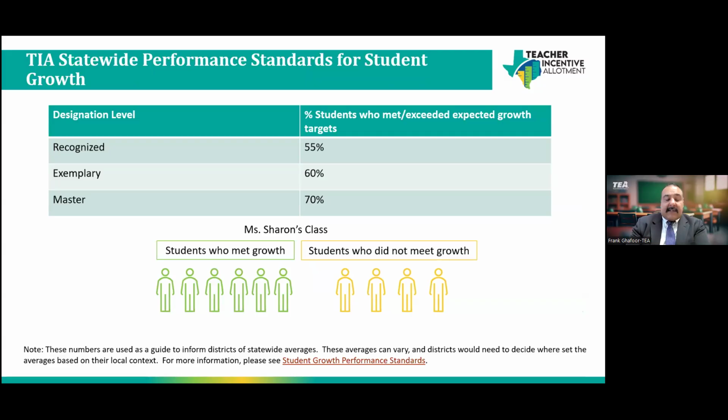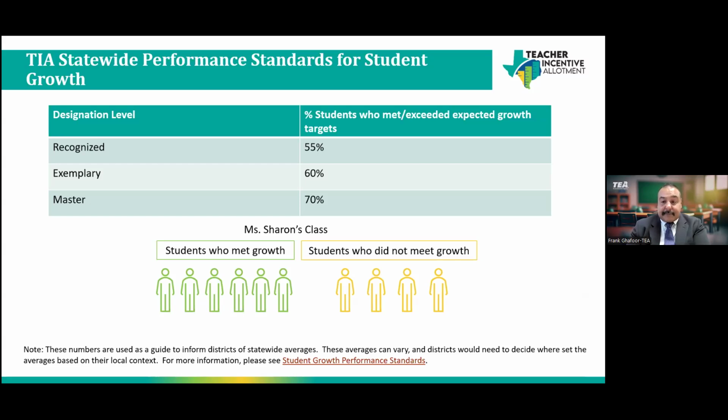When we are talking about student growth here, we look at our statewide performance standards. And our statewide performance standards are roughly broken down as recognized, exemplary, and master, with 55% of the students meeting or exceeding their growth target would typically be considered recognized. The question we often receive is exactly what are the numbers? And so these are the numbers that we want to give you for delineation when we're talking about recognized, exemplary,